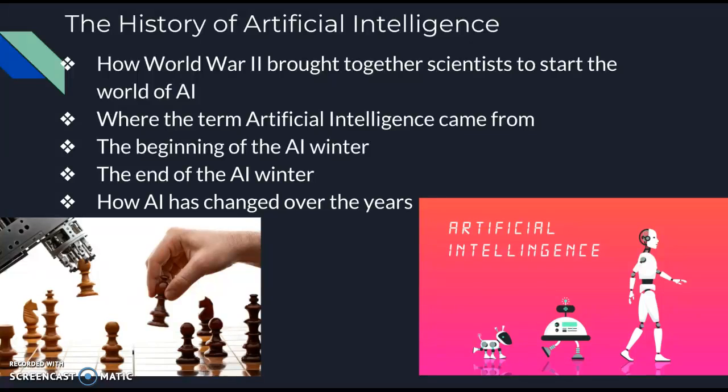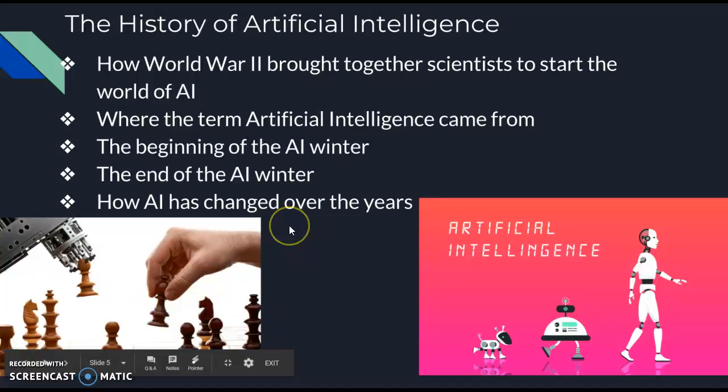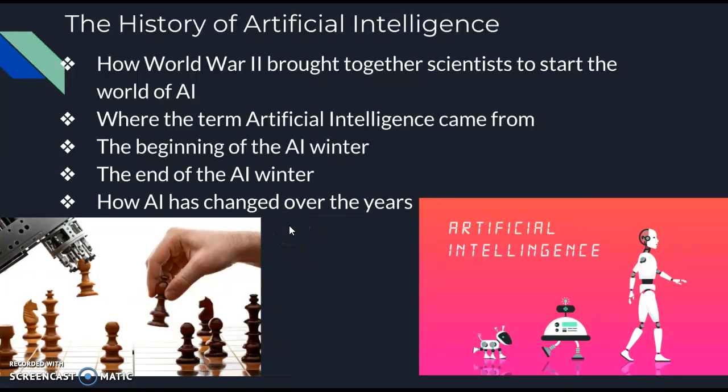And how it's changed over the years. AI has changed so much since 2002, when the first home robot, the Roomba, was invented. Since then AI has become a lot more advanced, with war machines for the army, voice recognition on smartphones, and other technologies. There are also dancing robots and even automated cars. And in this picture over here, as you'll see, there's a robot playing chess, which was a big feat.